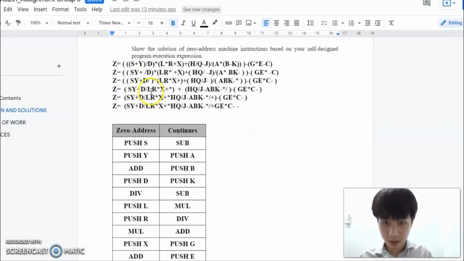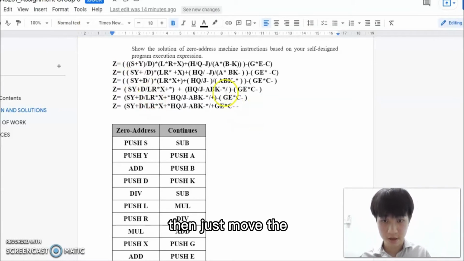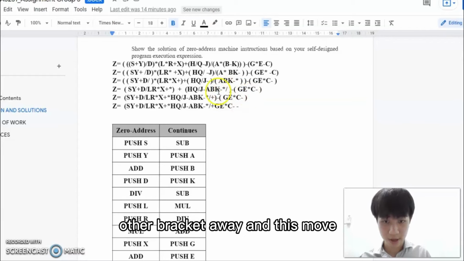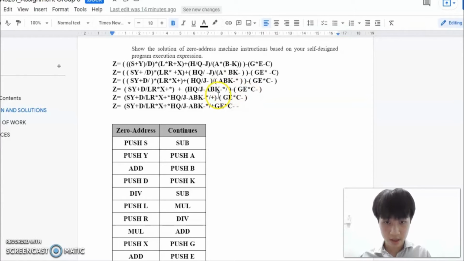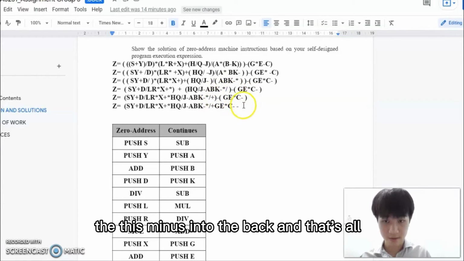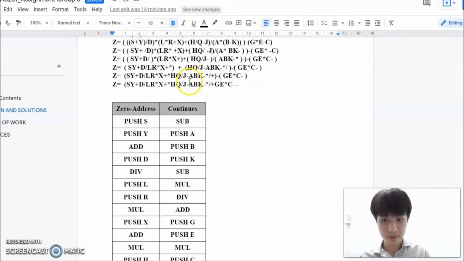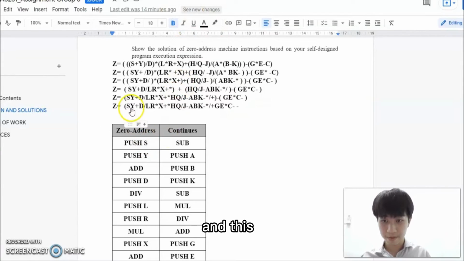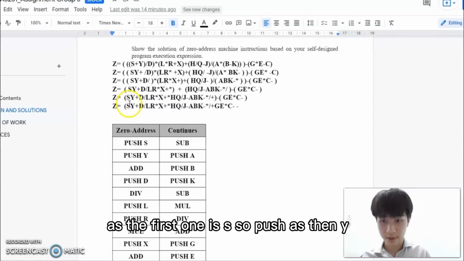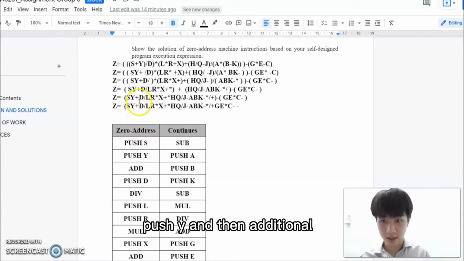And then we will just move the other bracket away, and move this minus into the back, and that's all. And this s, the first one is s, so push s, then y, push y, and then addition here,